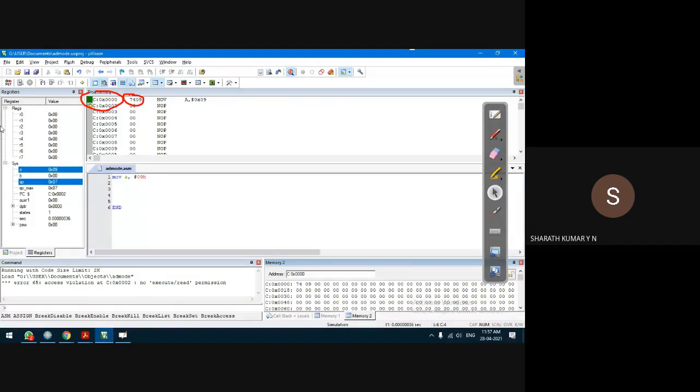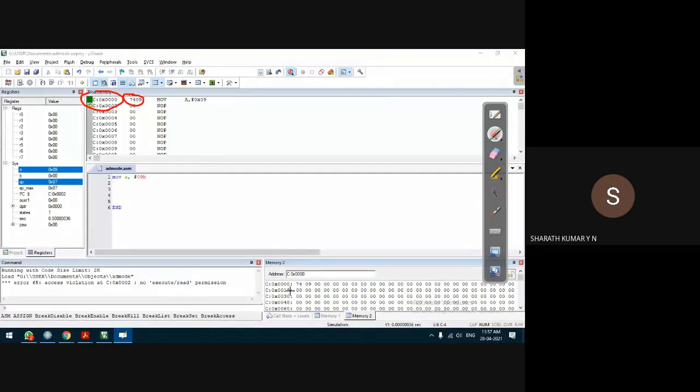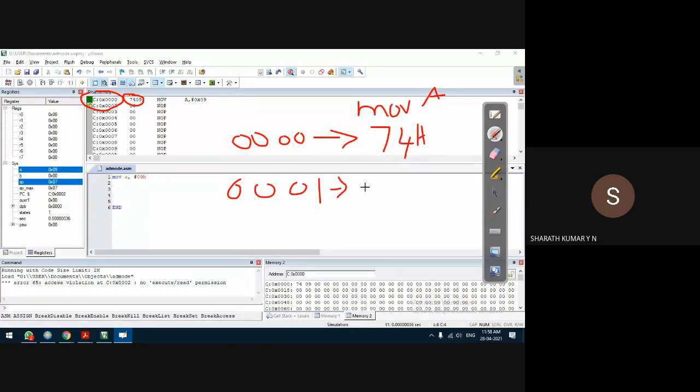I explained that the location 0000 has the data 74H. 74H corresponds to move A. The location 0001 contains 09H, which corresponds to immediate data.